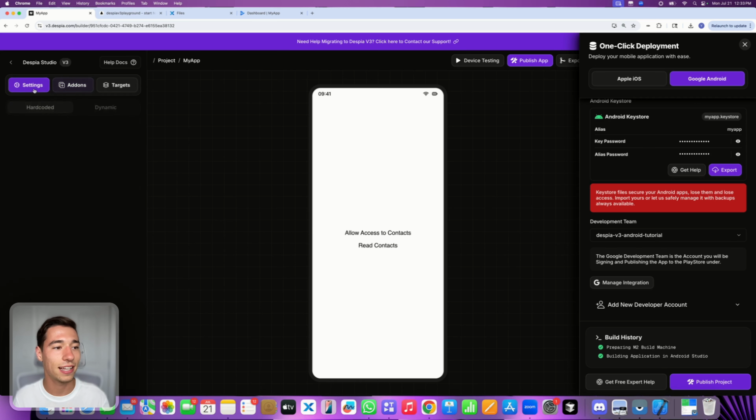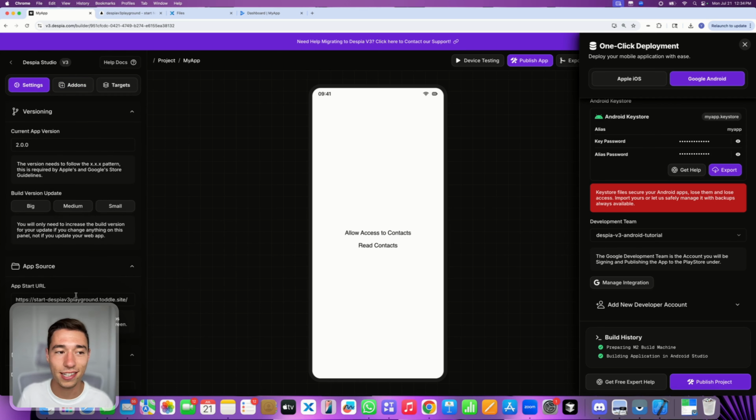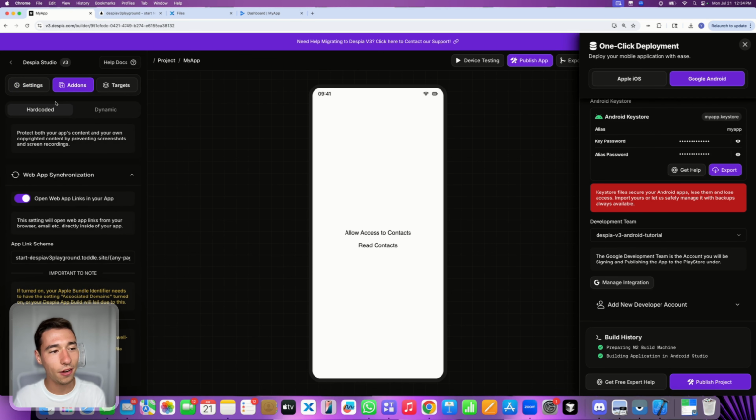It's super simple. First of all, you want to make sure that you have a Nordcraft application set up that is also linked with a Despia project, as you can see right inside of here. Then you want to go to add-ons, go to hard-coded inside of the Despia editor, and make sure that web app synchronization is turned on. If you do not have it turned on yet, please enable it and then rebuild your application